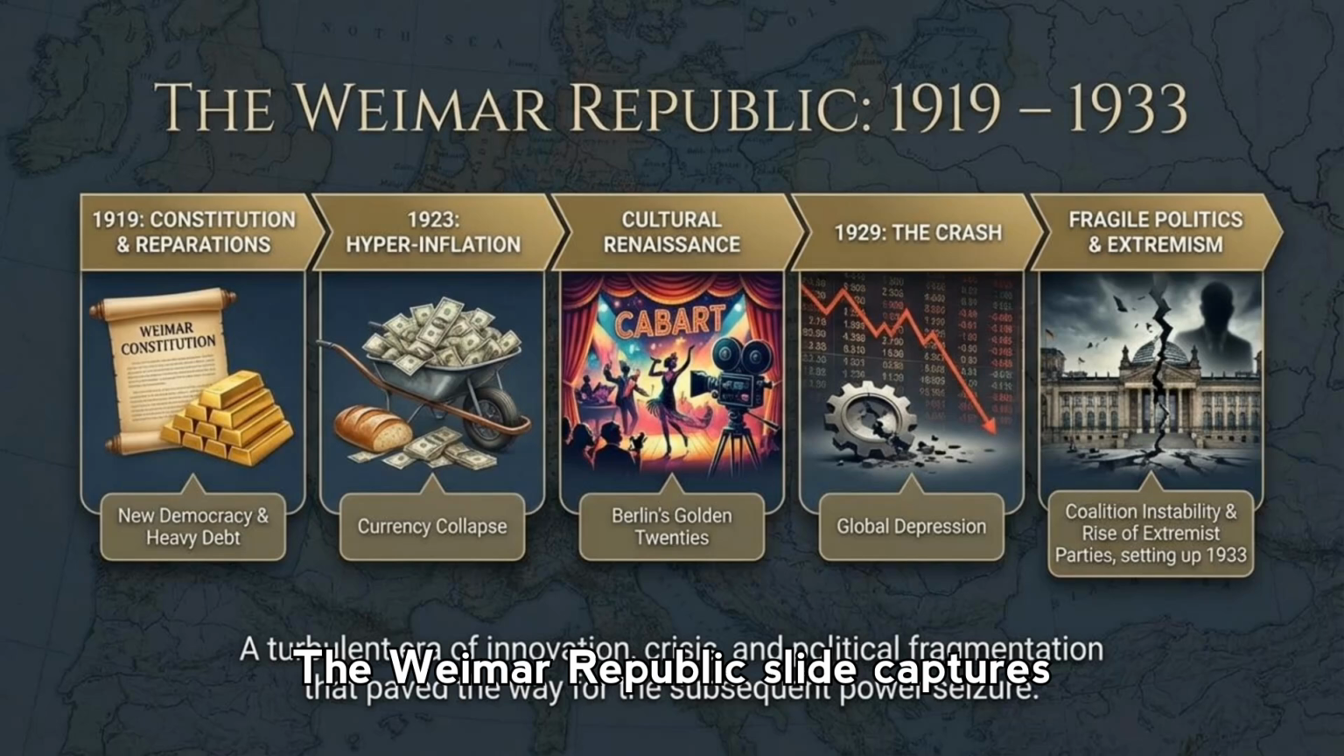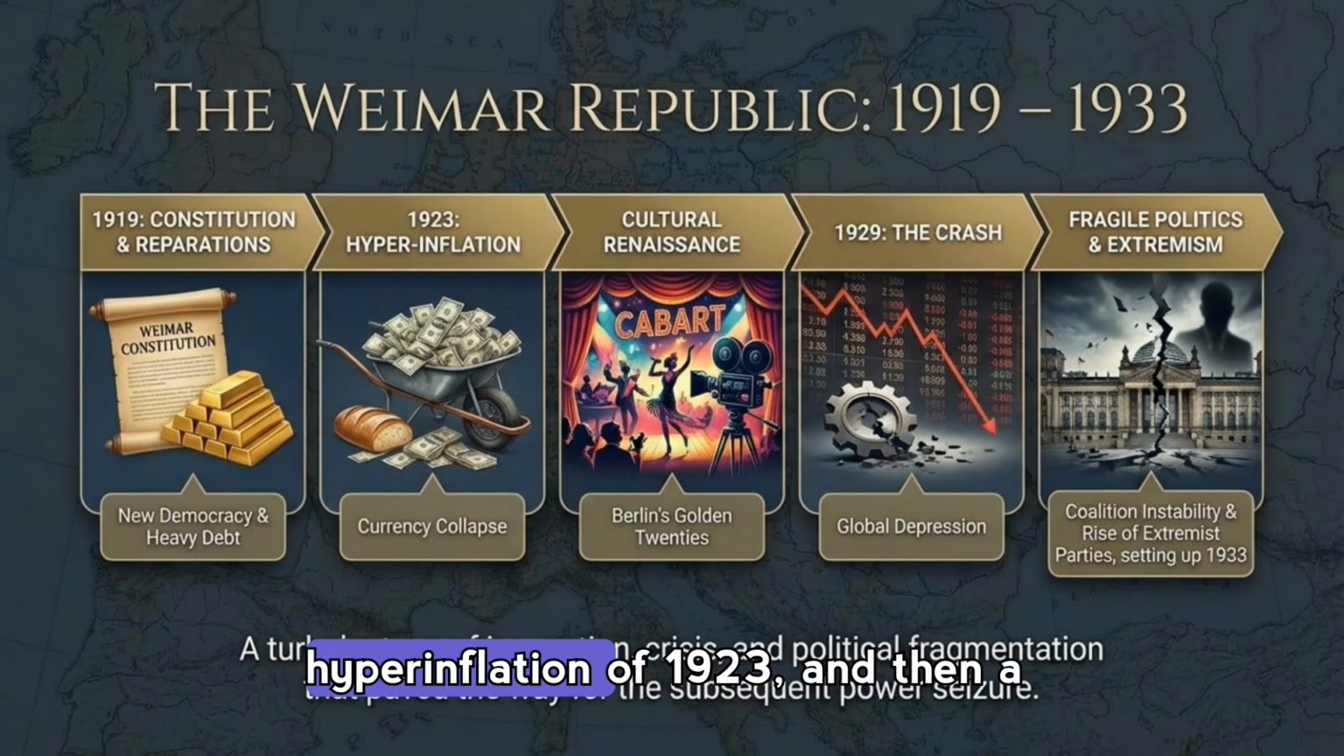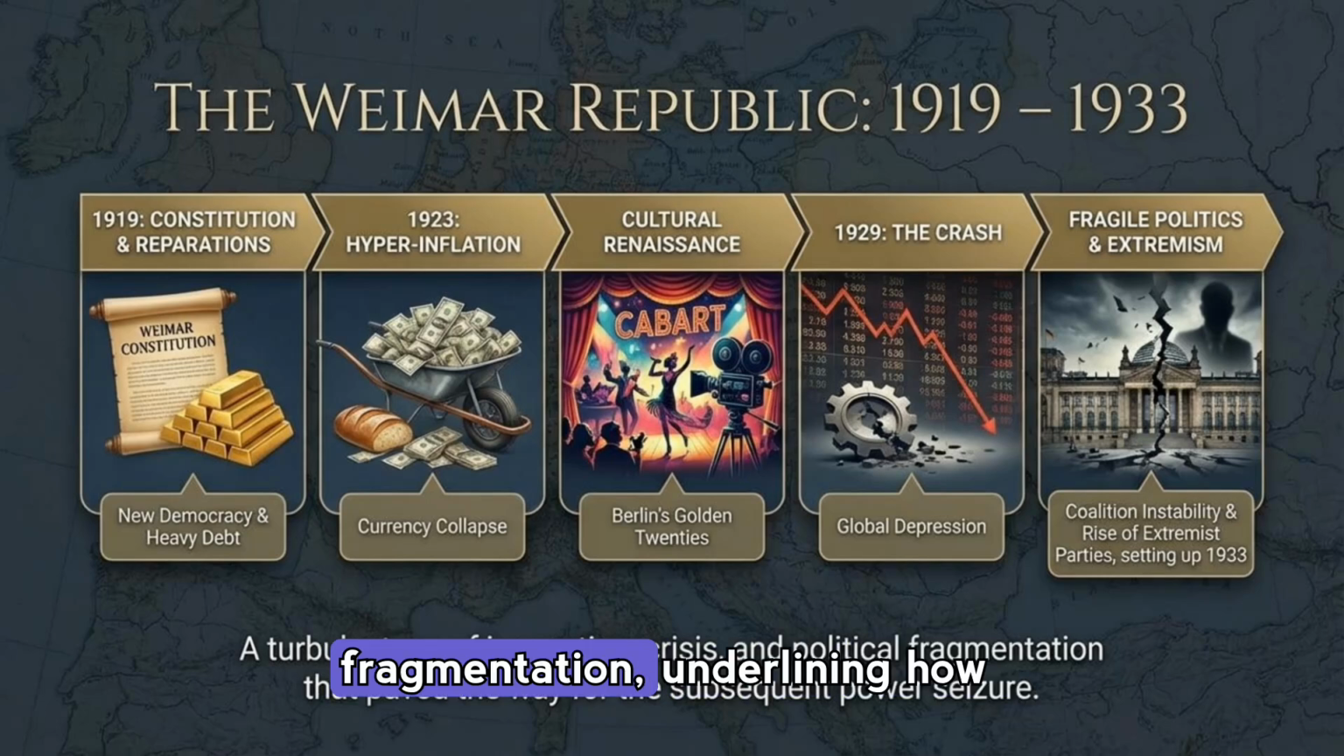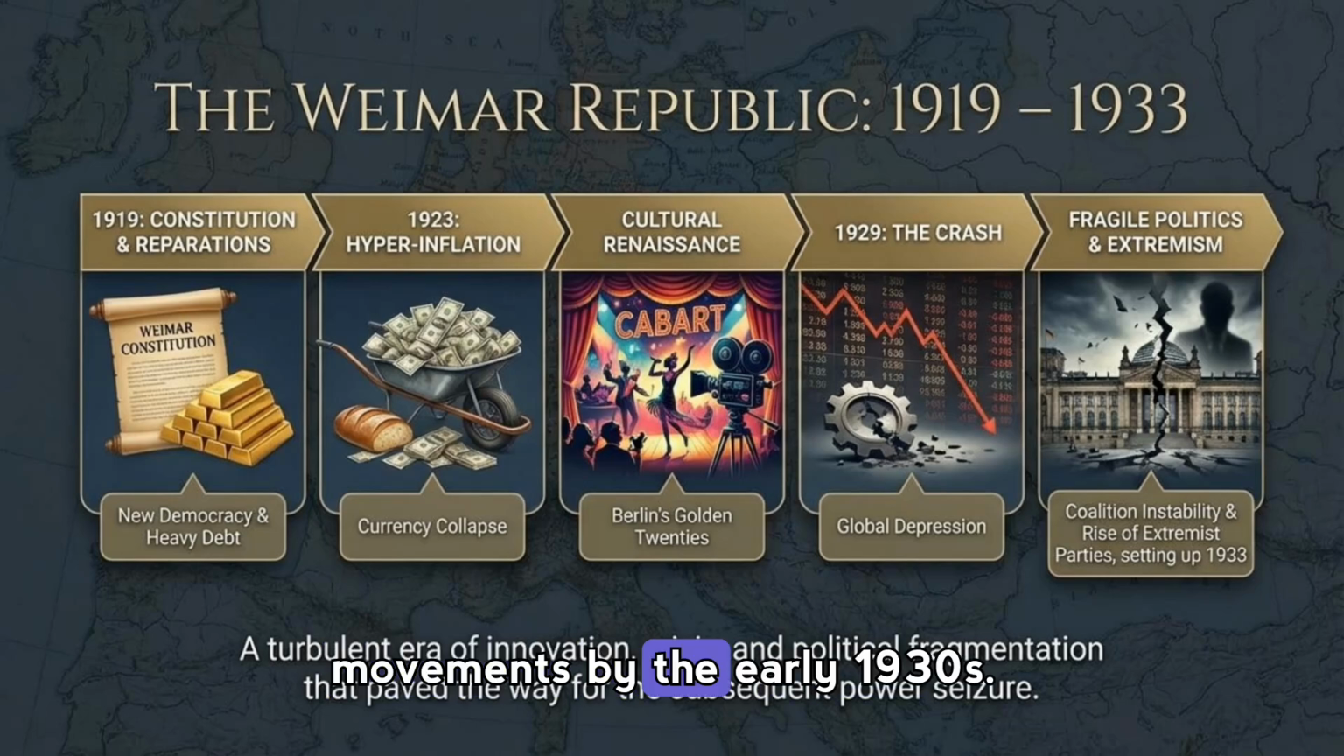The Weimar Republic slide captures a turbulent era of promise and crisis. A new democratic constitution, crushing reparations, the hyperinflation of 1923, and then a striking cultural renaissance in Berlin's golden 20s. The sequence closes with the 1929 global crash and growing political fragmentation, underlining how innovation and instability combined to open a path for extremist movements by the early